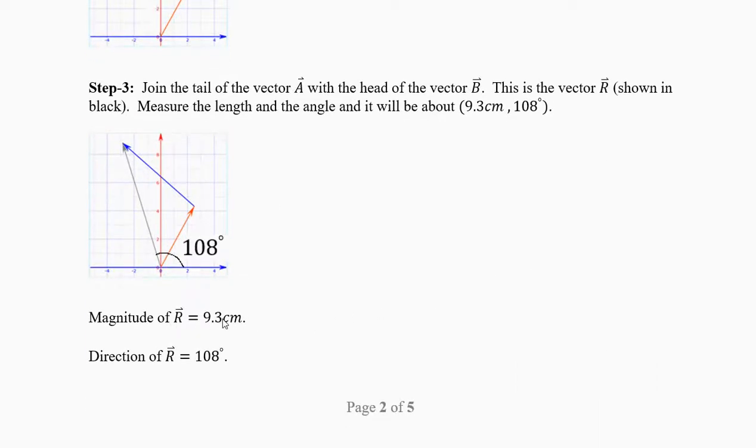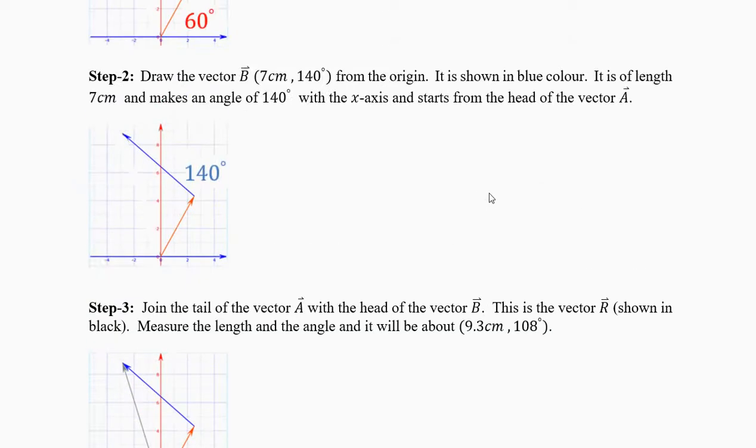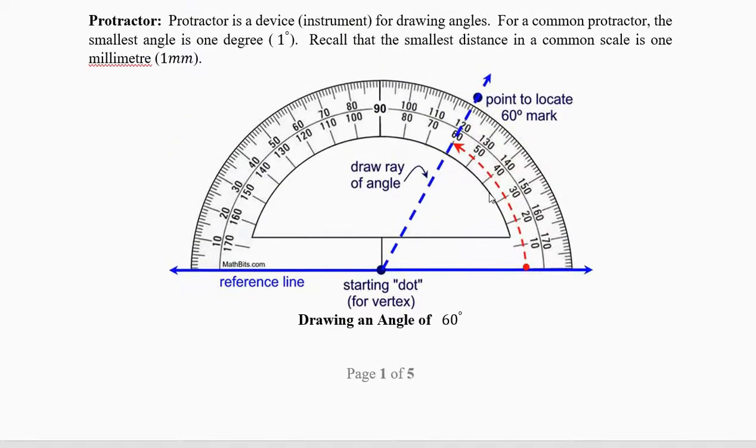So your magnitude is r equal to 9.3 centimeters and direction is 108 degrees. You can get 9.3 centimeters in your scale, but your angle cannot be a fraction. Look, the angle is 0, then 10 degrees. There are 10 lines. See, in your physics instrumentation, you can measure only one line. If something is between the two lines, you cannot say it is 2.5, 1.5. You choose one line.